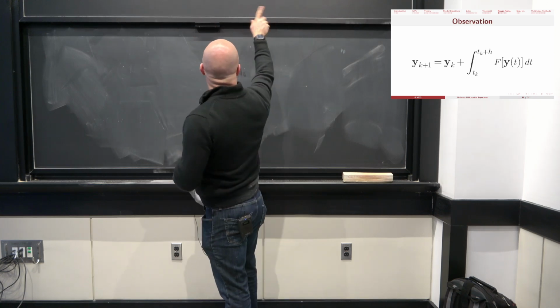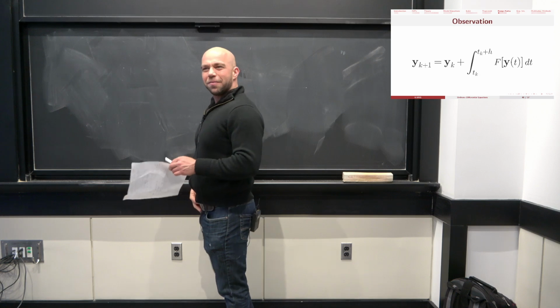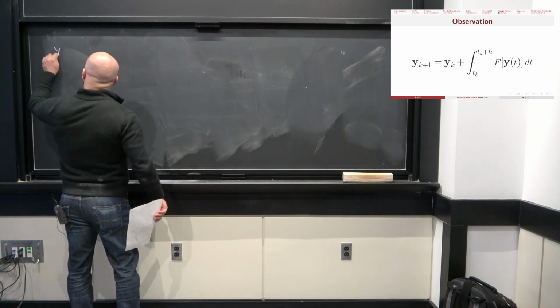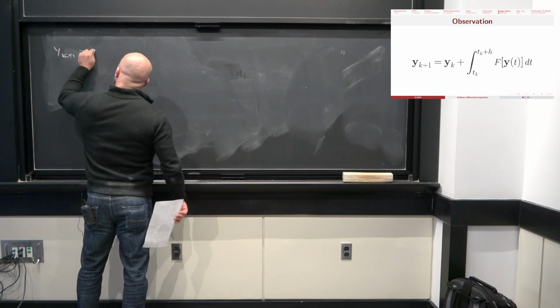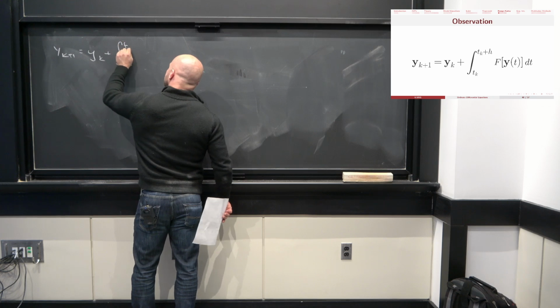Essentially, we can jump right to the last step of this thing because we already know the error of the trapezoid method, right? In particular, we know y_k plus the integral from t_k to t_{k+1}